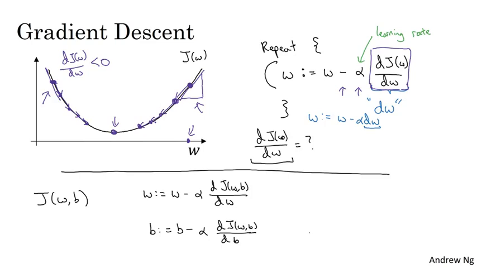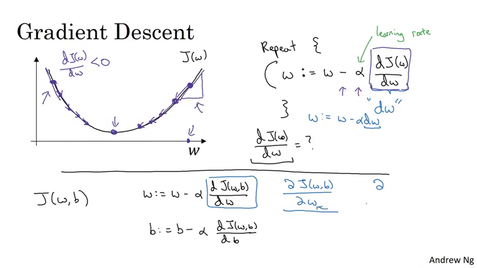As an aside, I just want to mention one notational convention in calculus that is a bit confusing to some people. I don't think it's super important that you understand calculus, but in case you see this, I want to make sure that you don't think too much of this, which is that in calculus, this term here, we actually write as follows with that funny squiggle symbol. So this symbol is actually just a lowercase d in a fancy, stylized font. But when you see this expression, all this means is this is the derivative of J of w comma b, or really the slope of the function J of w comma b,